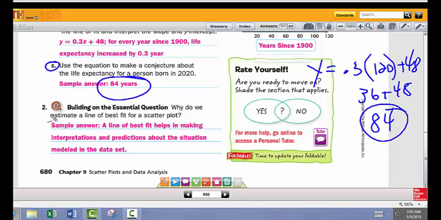And lastly, our essential question. Why do we estimate a line of best fit for a scatter plot? A good answer to that would be that a line of best fit helps in making interpretations and predictions about the situation modeled in the data set. So in other words, the better line of best fit you have, the more accurately you can predict further down the line. Like if we go back to that very first problem we had when we were talking about the